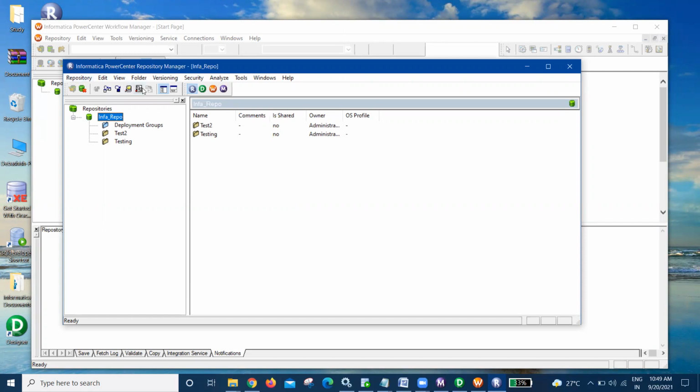You can create folders for different projects.